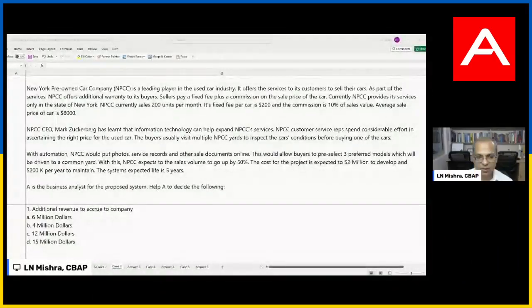Are you able to read the Excel question clearly? Yes or no? Let me see if I am able to see some response from you guys. 1 second. Kruti, are you able to see the Excel? No, this one is the right one. Okay. I think maybe